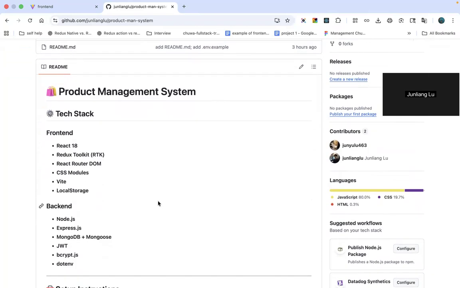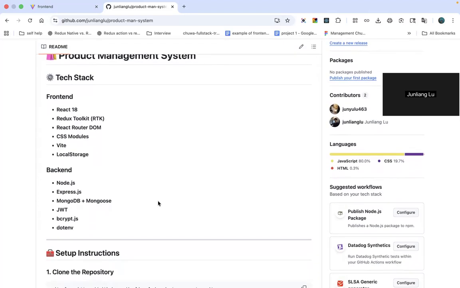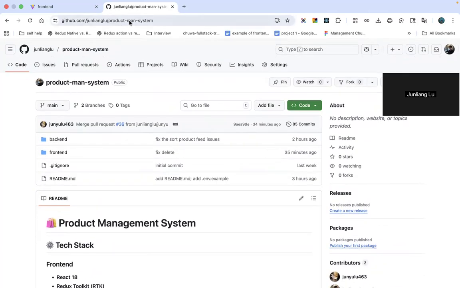For the contributions, Junliang implemented the authentication and the cart system part, and Junyu implemented the full product workflow. The GitHub URL is shown here,